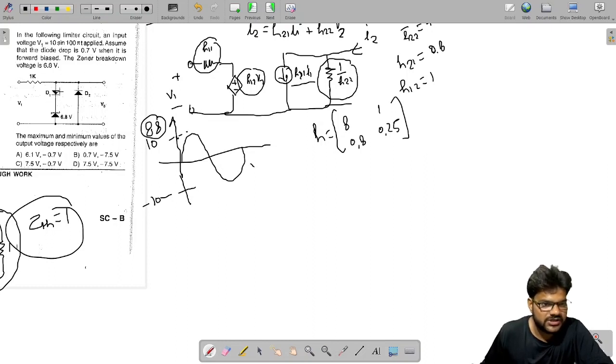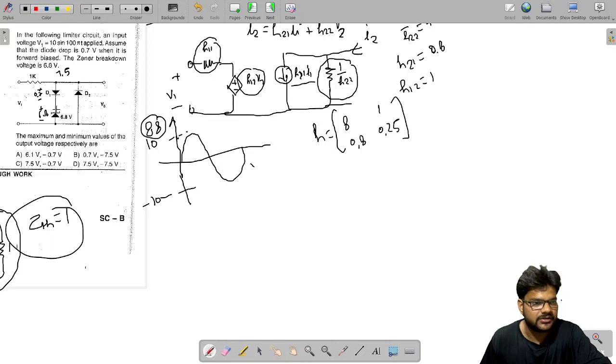If this diode is on, then the voltage drop will be 0.7, and if this Zener diode is operating in breakdown, then it has 6.8. So overall, 6.8 plus 0.7, that is 7.5 volt, is needed to make this branch operate. It means this diode has to be forward biased, and this Zener diode has to be in breakdown. Similarly, if D2 has to be on, then the voltage with this polarity has to be 0.7 volt or greater.